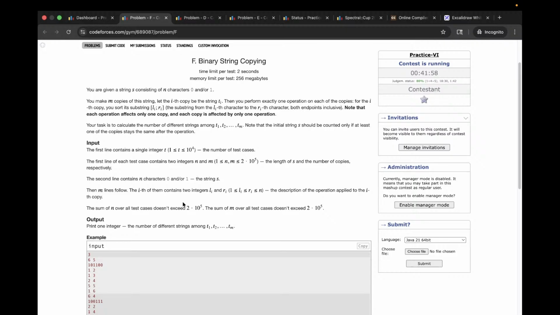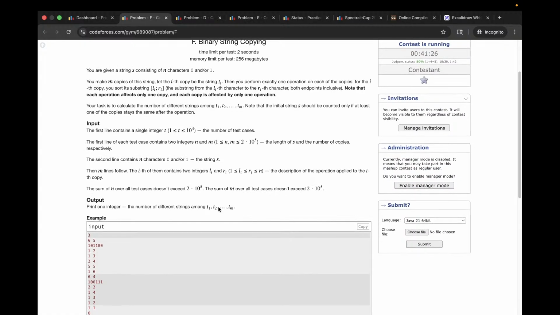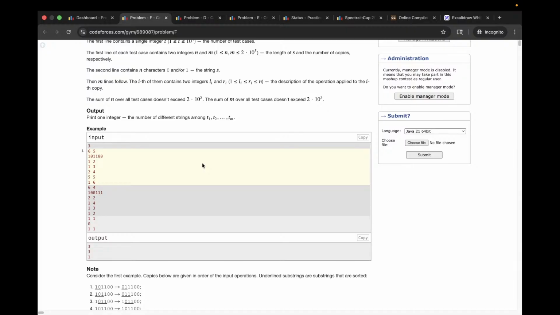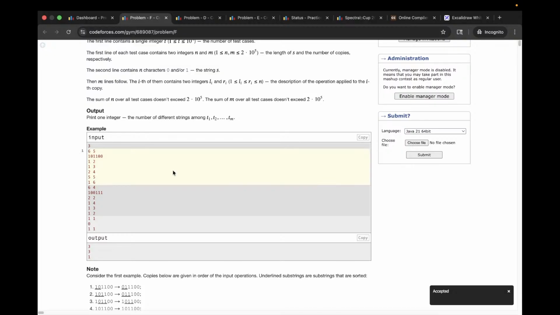So we have to make m copies of the string, let ith copy be the string Ti. Then you have to perform one operation on each of these copies. For the ith copy, you sort between Li and Ri. Your task is to calculate the number of different strings among these. Okay. So for the ith string, you are basically sorting between Li and Ri. Now we just have to print how many different strings we are able to make. Like an example, if you take 101100,